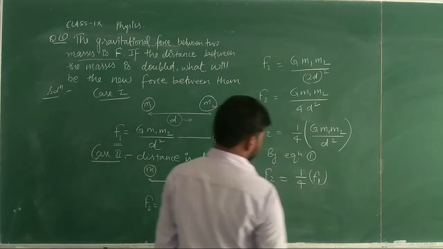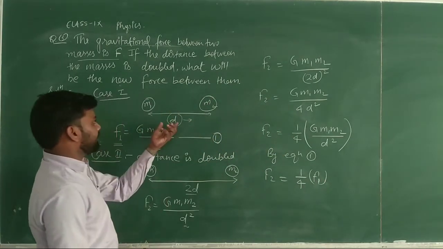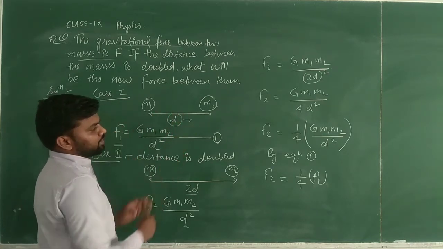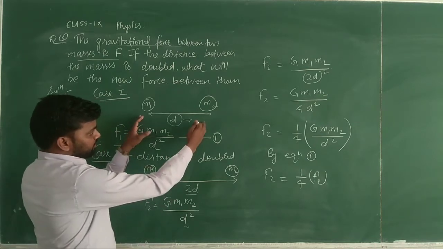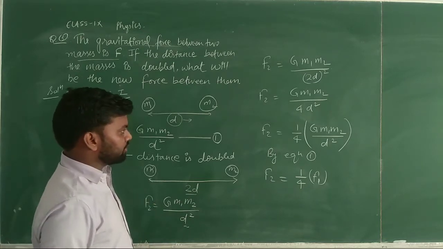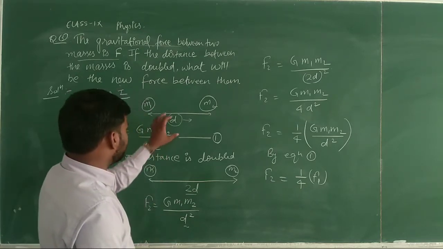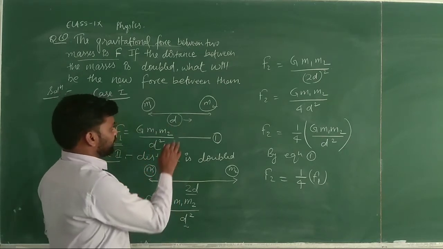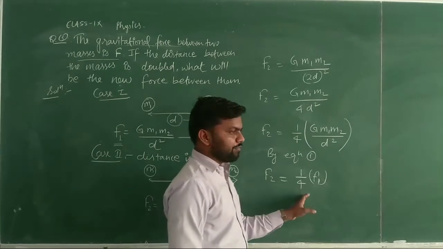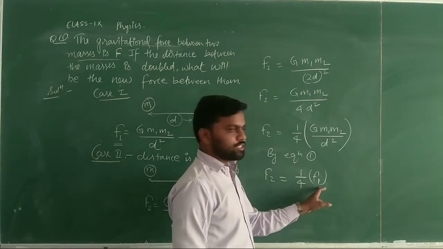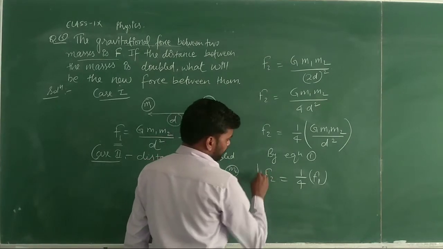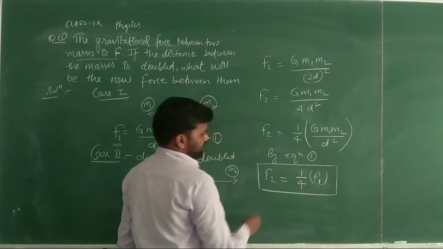We can clearly see here that whenever we increase the distance between the objects, definitely the resulting force will decrease. So if we have twice the distance in this case, that is 2d, the resulting force will decrease, because if the force in the first case is very high because the distance is less, definitely in the next case the force will be 1 by 4 of the first case force. Okay, the force will decrease.